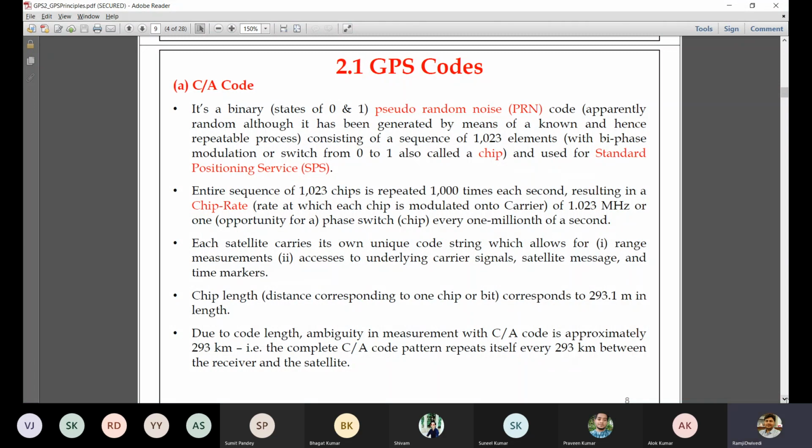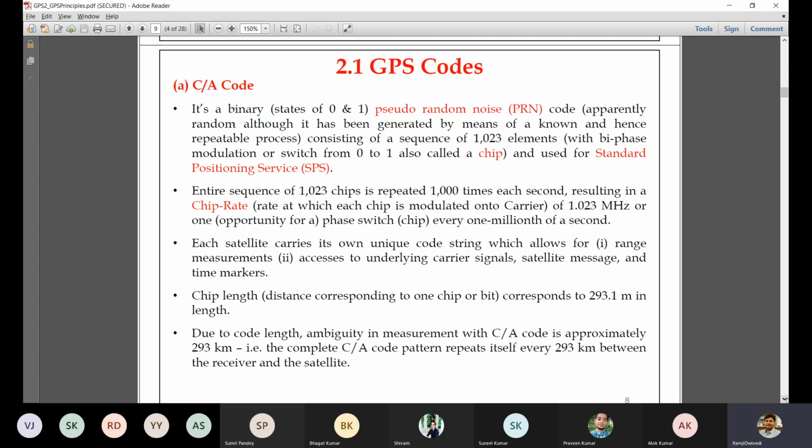Whenever you modulate certain information through phase modulation, the phase of the carrier wave is shifting. That's it. This is the so-called information for